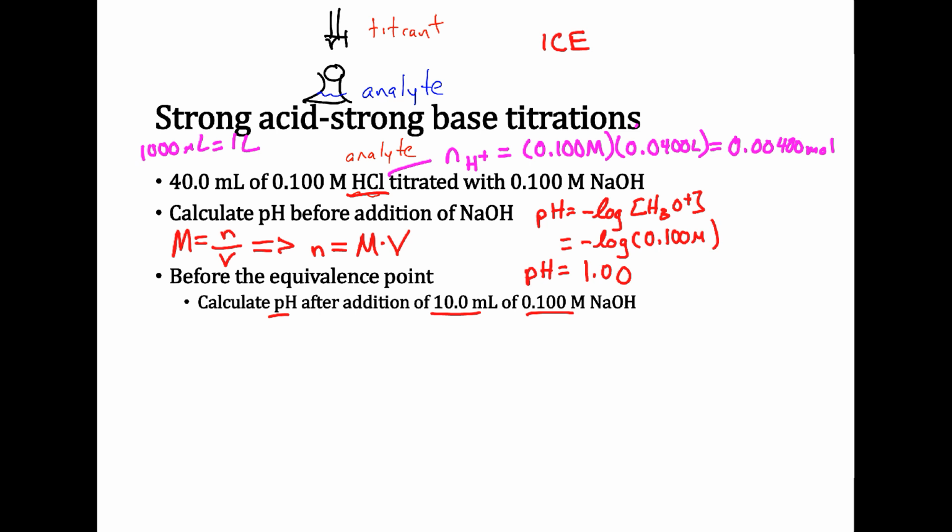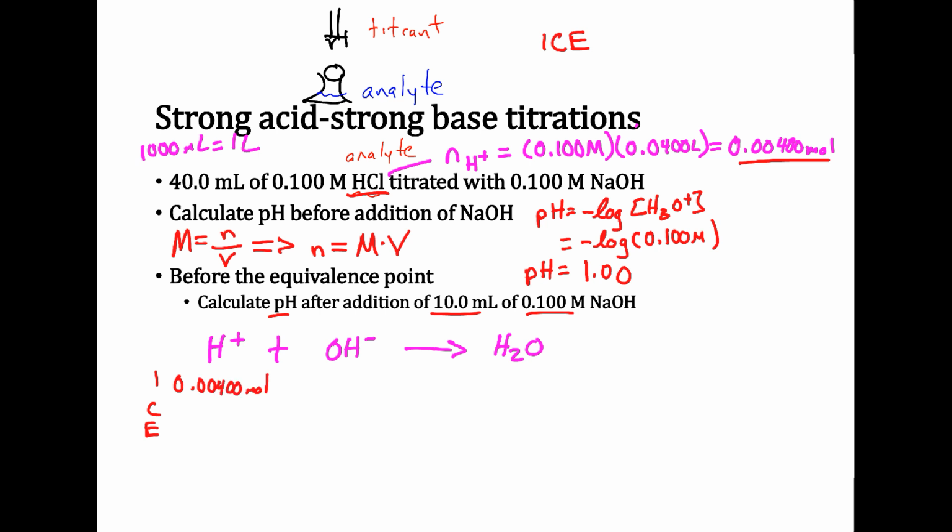So let's go ahead and write out our net equation. We have H plus coming from our analyte, the HCl, plus OH minus, which is coming from our titrant. Keep in mind that the sodium and the chloride ions are spectator ions, so they won't occur in the net equation. And this is forming water, which will not be part of our equilibrium expression because it is a liquid. Whenever we set up our ice chart for a titration, the first ice chart will use moles, not concentration. So we'll take this 0.00400 moles